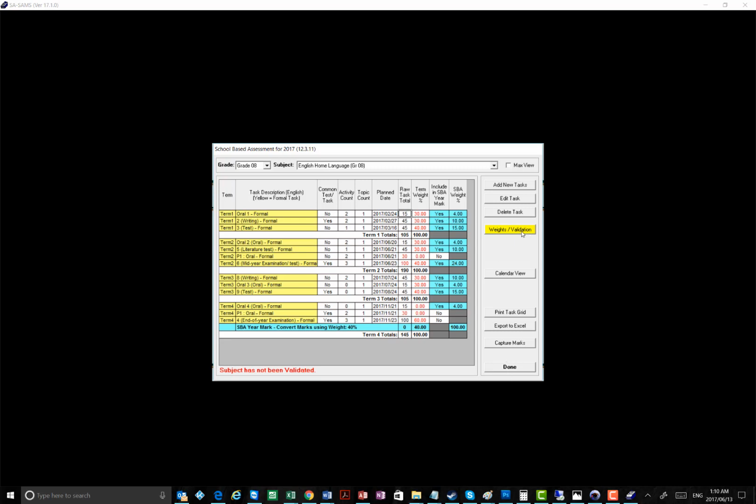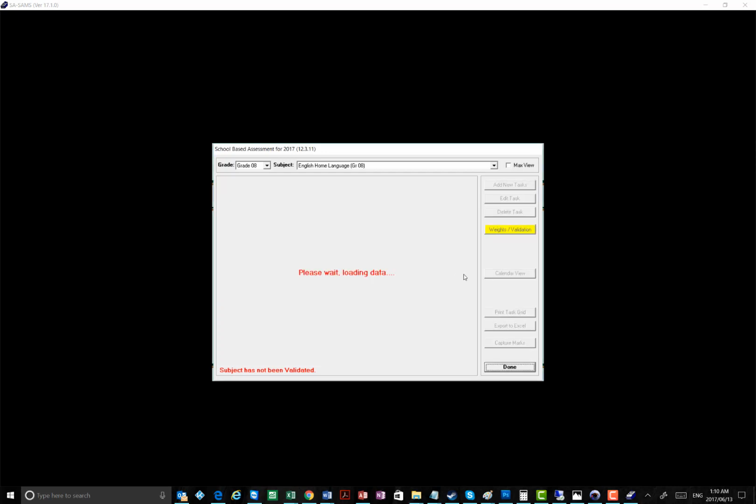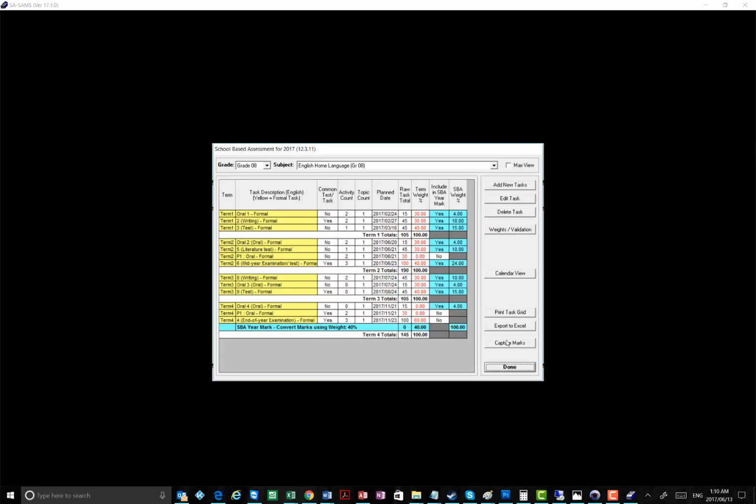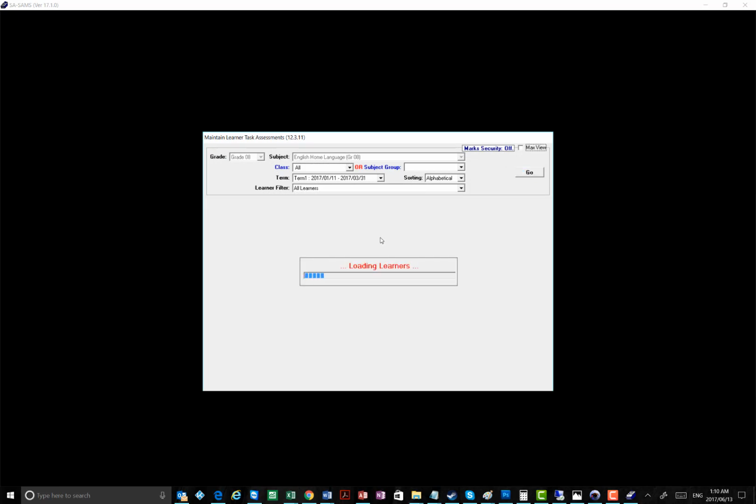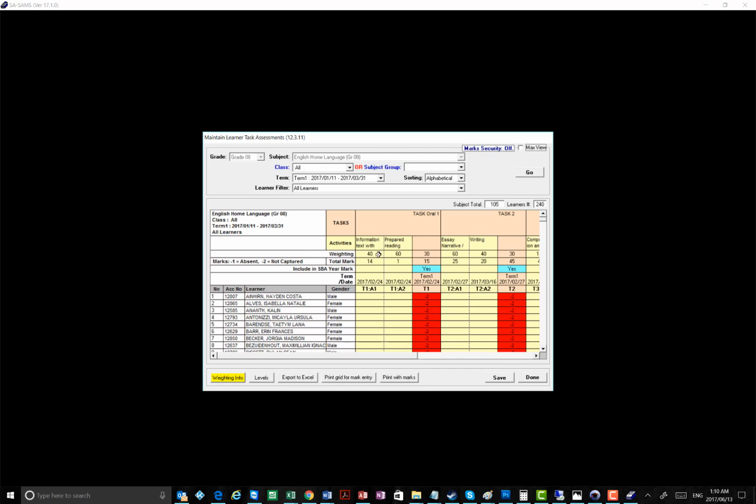Now it's going to want you to validate this subject again, so you've got to do that in order for the worksheets to be able to be produced, and you just say yes. Now let's go to capture marks and actually see what it's done. So there's our English Home Language Grade 8. You can see that this spreadsheet has arranged itself, and one is out of 14 and one is out of 1, and then what folks have been doing is